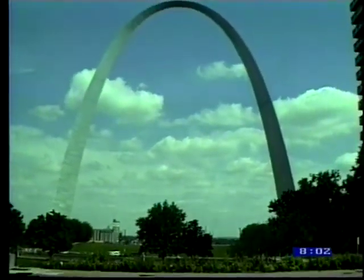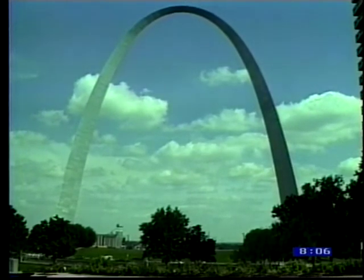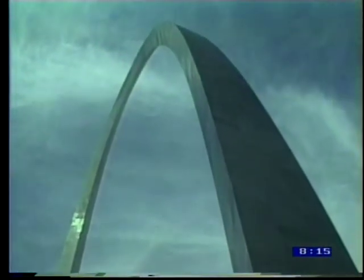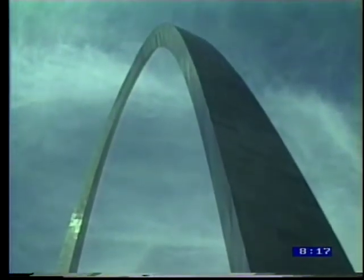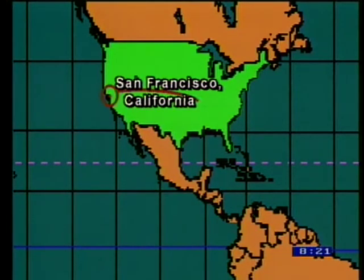Located on the banks of the Mississippi River, this structure is 630 feet high and constructed primarily of stainless steel. It was officially dedicated in 1968 as part of the Jefferson National Expansion Memorial to commemorate the opening and settlement of the West. As we venture to the West Coast, we'll come to one of the world's most famous bridges,